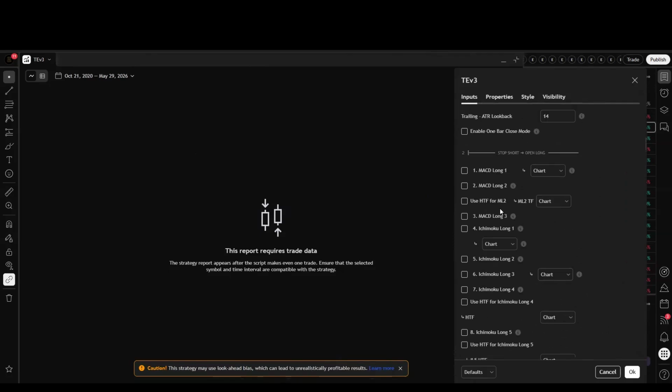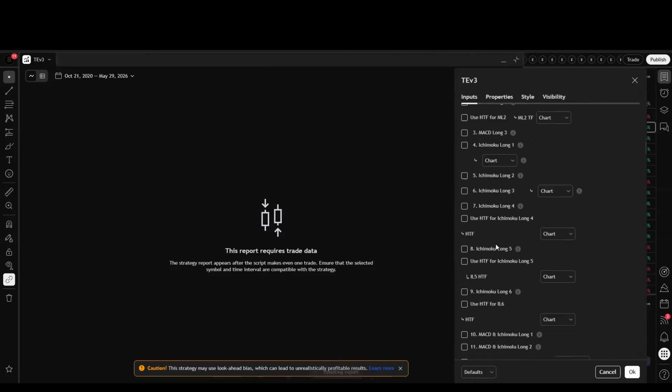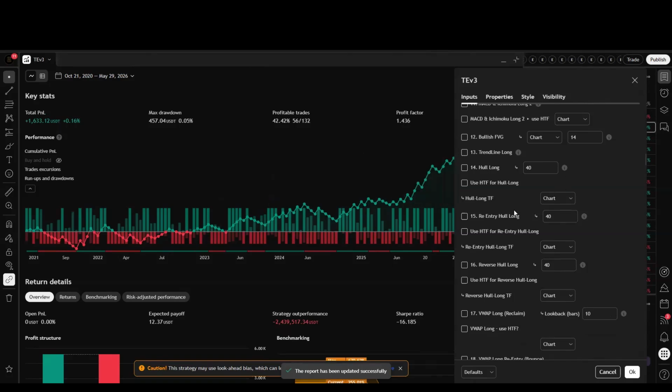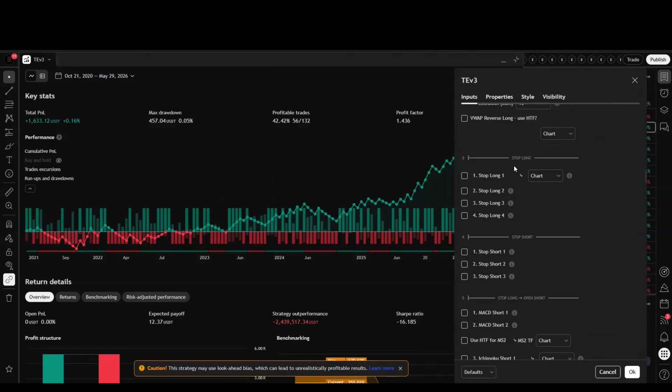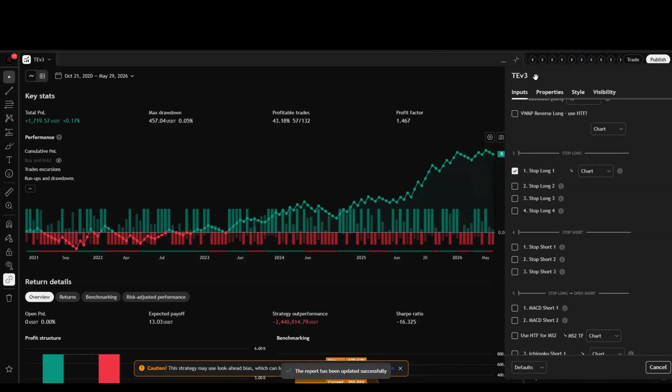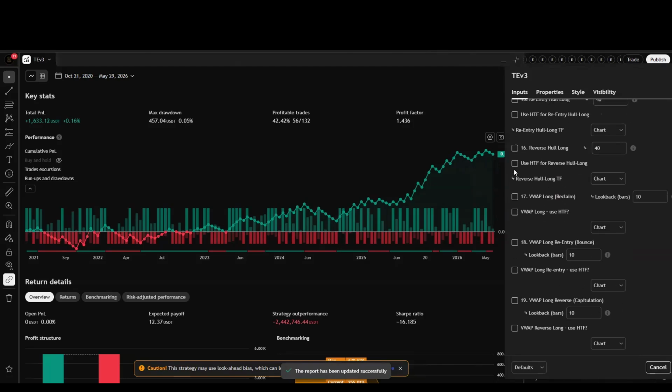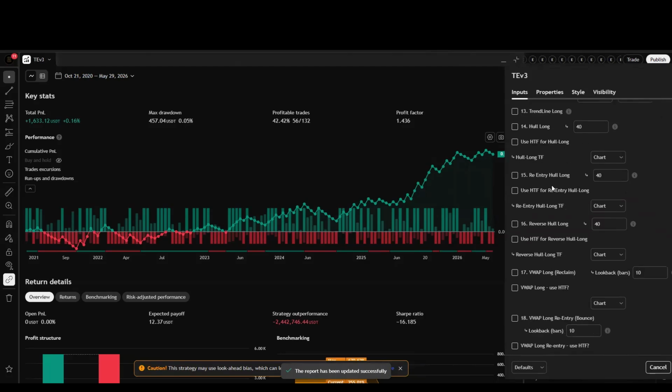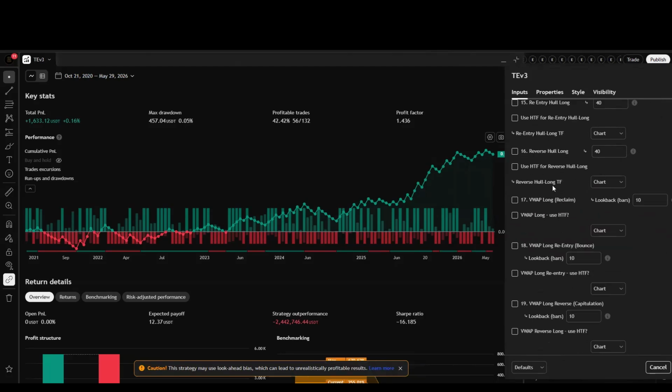Let's stay with the MACD because I want to show you some things. So here I've set the MACD long, and let's go down. Here we have 4 types of stops for our long trade. So you can select here, and this will automatically show if it makes our trading better. See, we have slightly better results with this one. And you can also experiment to find the best stop for your trading strategy. What you can see is that I'm going one direction, so I'm going to use one setting of the script for long, and then one strategy for the short